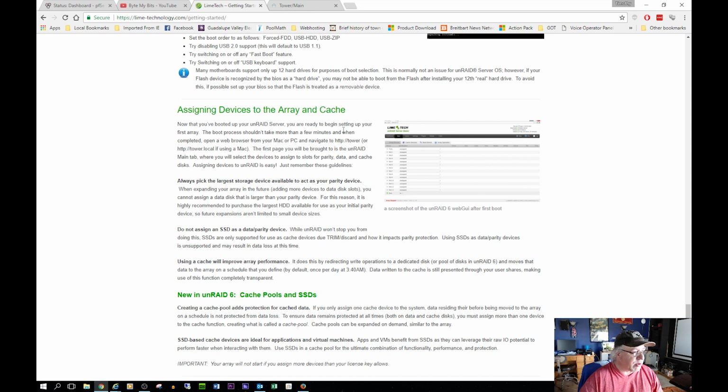Alright, so now that we've booted, we're ready to set up our first array. It shouldn't take more than a few minutes. Okay. Pick the largest storage device available to act as your Parity device. For this reason, it's highly recommended to purchase the largest additional Parity device. The future expansions are unlimited. So, if I pick a 1 terabyte,